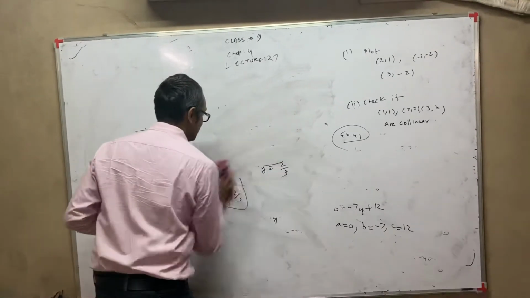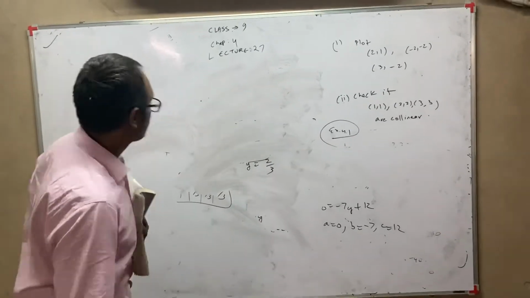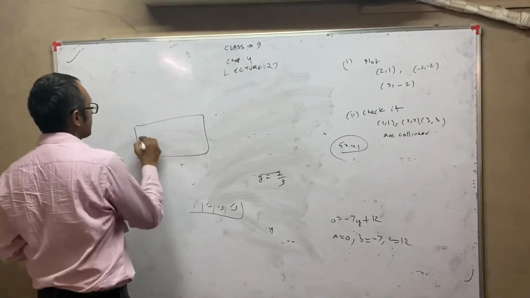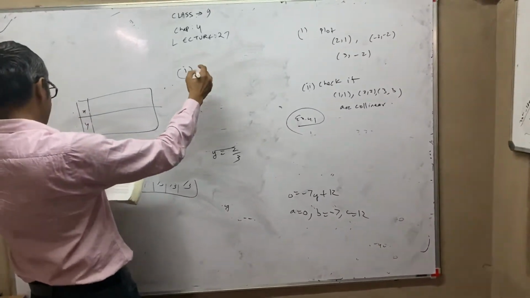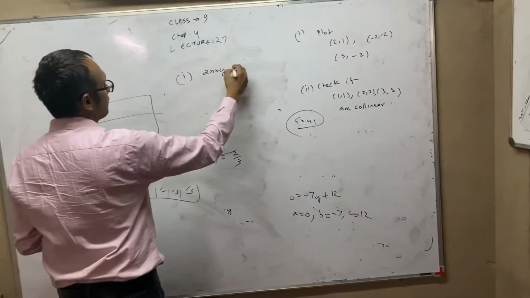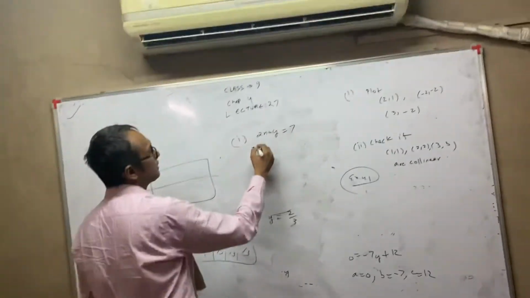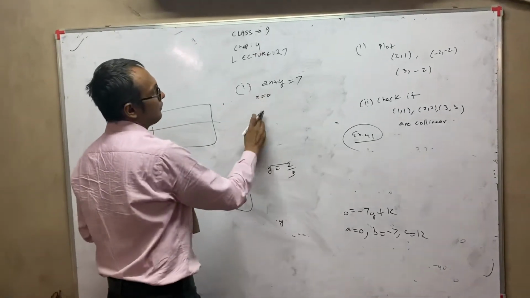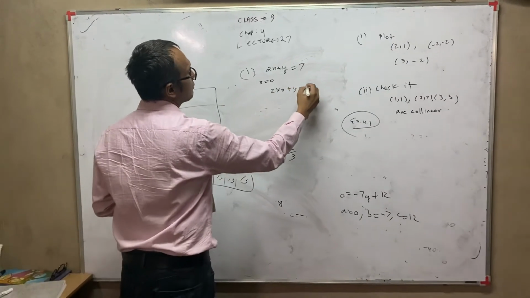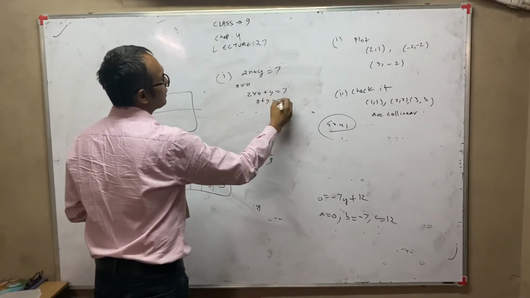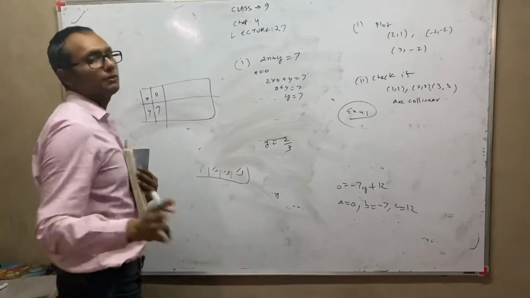Whenever you are writing solutions, I want you to make this block in the end, because by making the block you can check your answers very easily. For example, the first one is 2x plus y equal to 7. Okay, so I find 0 to be very easy because the sum finishes very fast. So if x is equal to 0, then what do you get? 2 into 0 plus y equal to 7. 0 plus y equal to 7, so y you get equal to 7. So x is 0, y is 7. Similarly, get 3 more solutions.